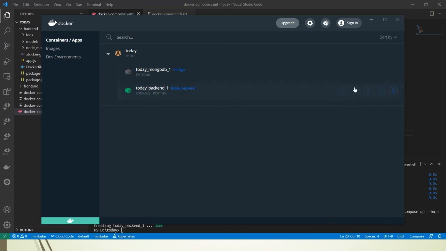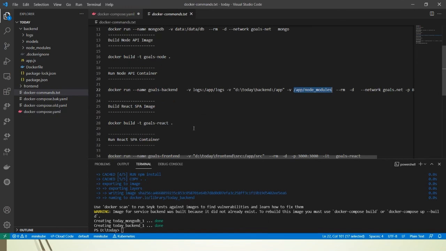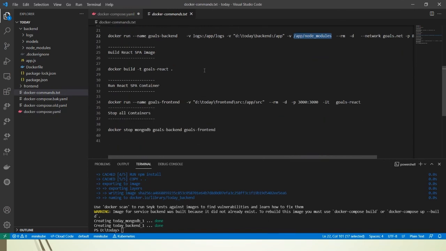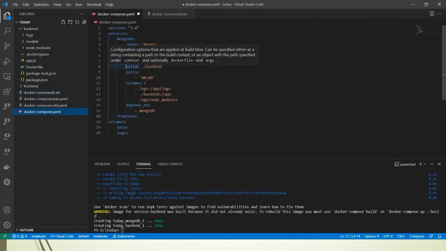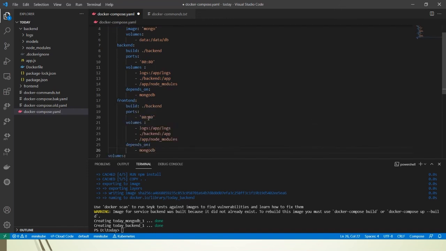Right now we need to again prepare the compose for another service. All are stopped, so we will just put the front end in place. Here again, let us go to the command text. Here is also a build, so we will be doing the build part again. We will copy the build, ports, volumes, and depends on everything down. Yes, so build will be over here, it will be front end.